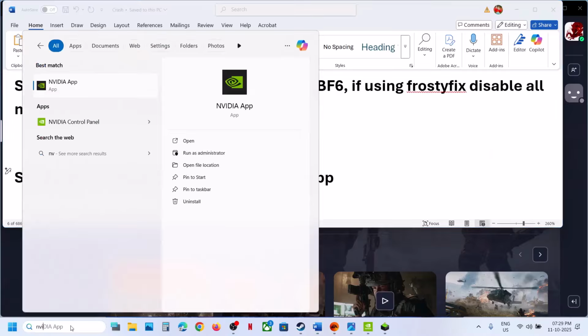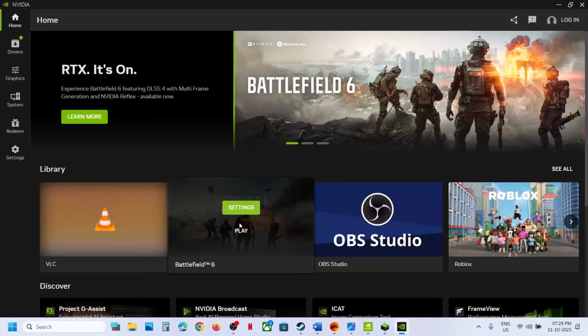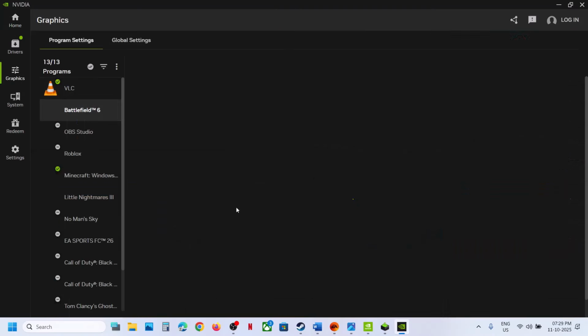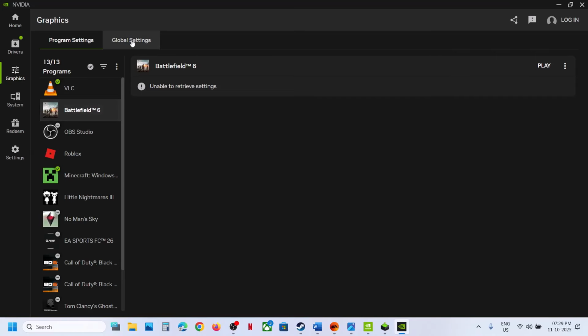So you can type in Nvidia app, open Nvidia app, and then you can go to here. You can see Battlefield 6. You can go to settings over here, or you can click on graphics, and then you can select Battlefield 6 over here, and then go to global settings over here,